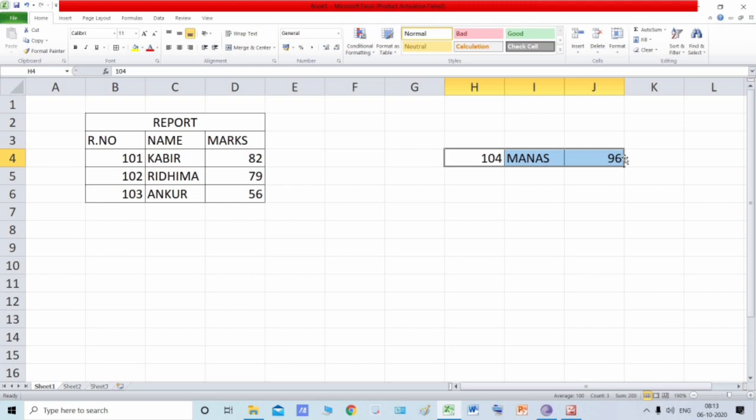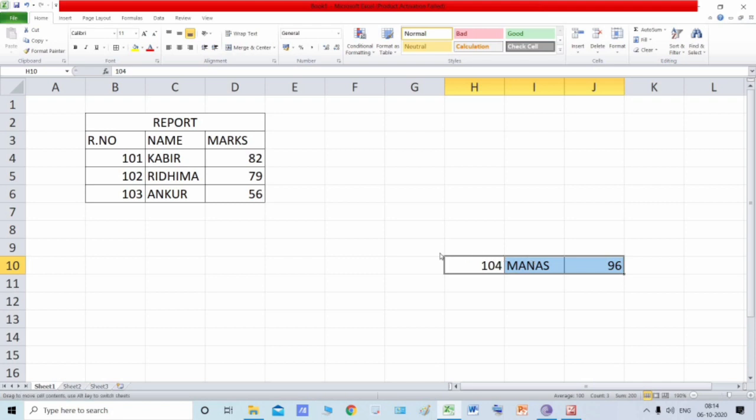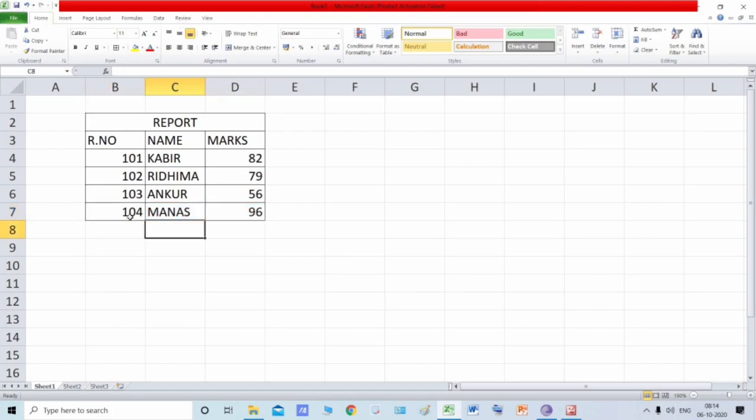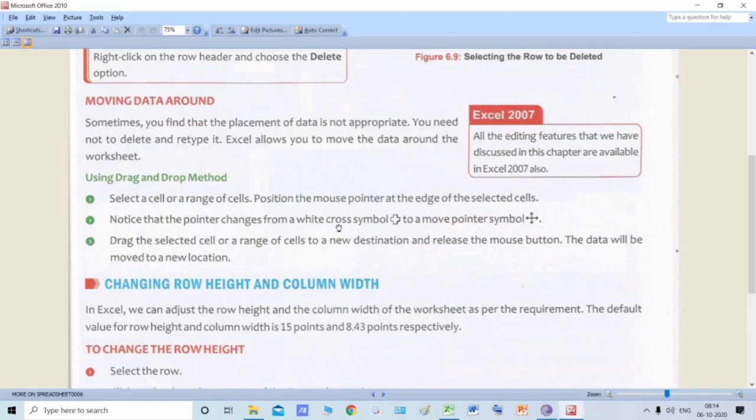Again, select the cells, go to the edge of the cells, and release the mouse pointer on the location where you want to move your data, and your data will be moved with the help of the drag and drop method. This is a pretty easy method. See, now I've dragged and dropped it and the data is moved. No need to use cut and paste options.